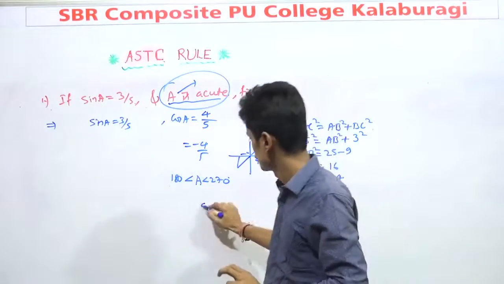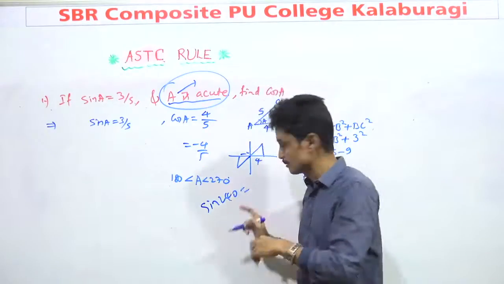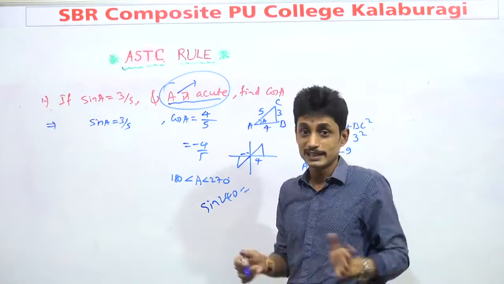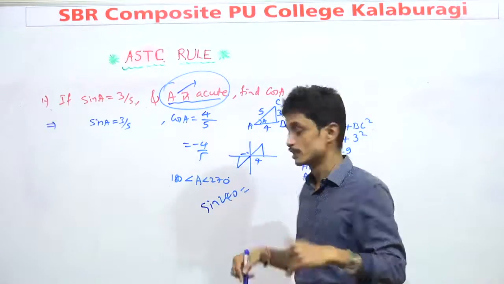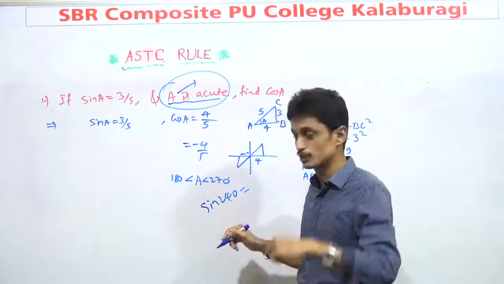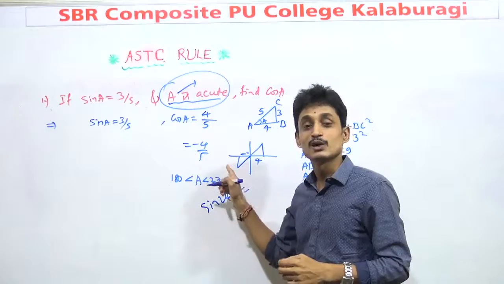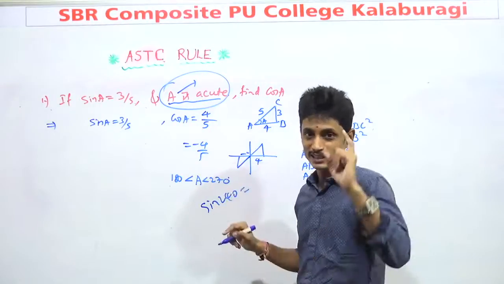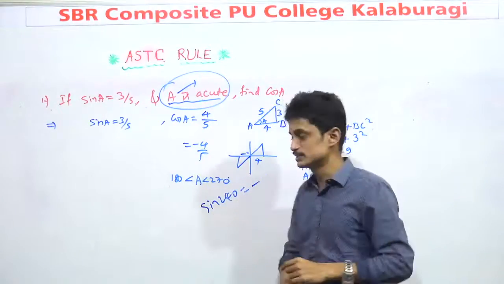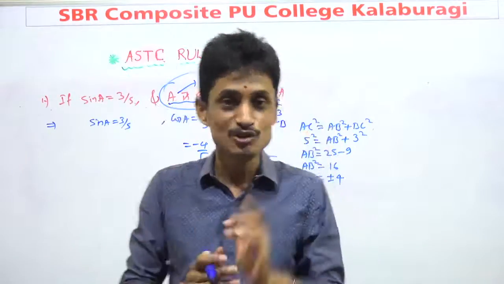For example, sine of 240 degrees. Whether this value will be positive or negative, not what the actual value is, you don't think about that. So where does 240 lie? It lies between 180 and 270. It means the third quadrant, where this ratio will always be a negative quantity. Like this, you have to think about it.